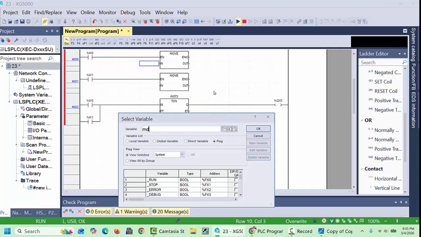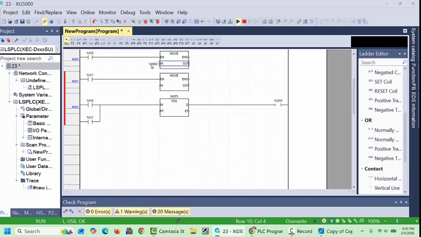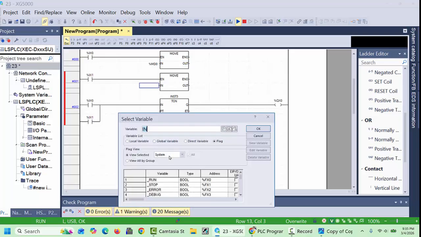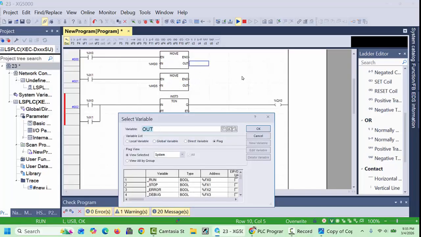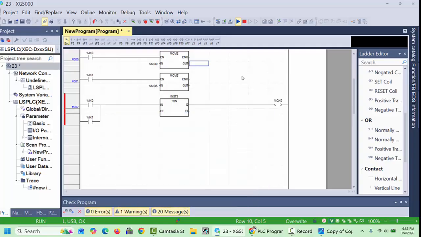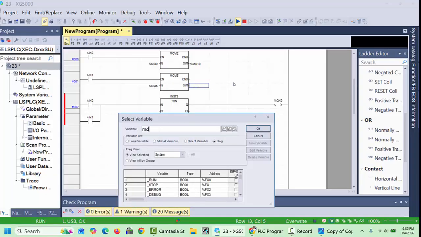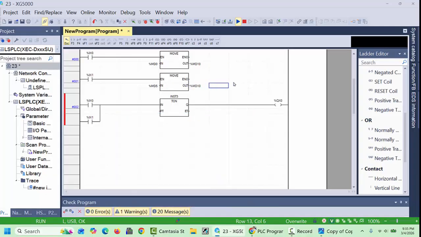For example, MD0 I will take for my first speed to put in the timer, and second I will take MD5, for example. And outside, for the moving data, we can take the data register MD10. Any data register you can choose, that's no issue, but I am choosing MD10,